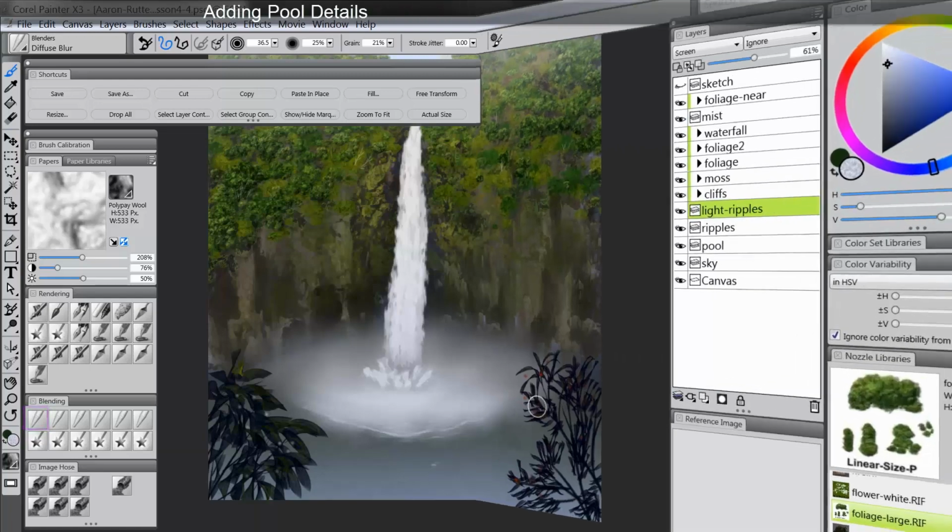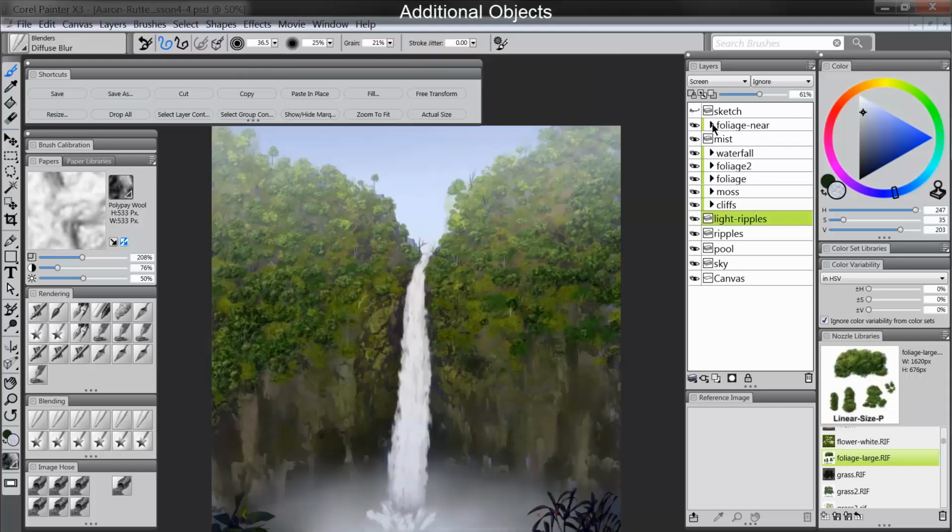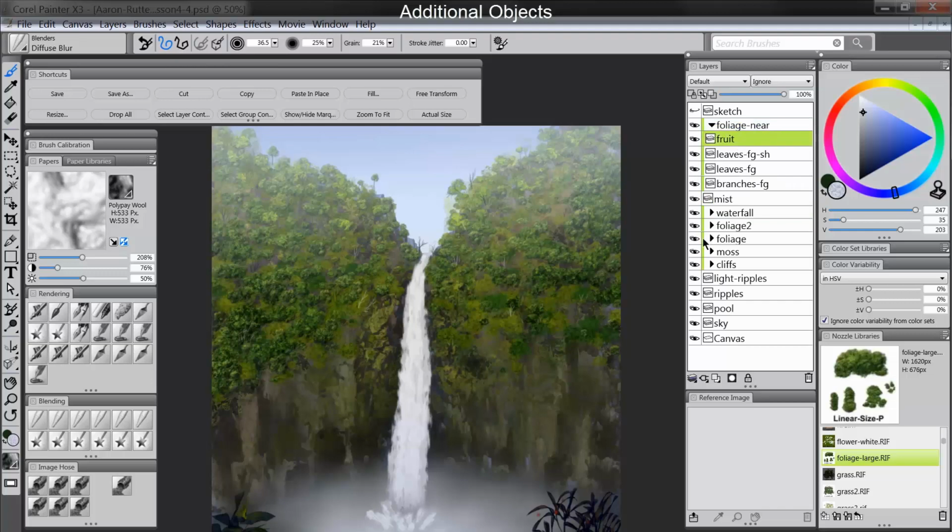Now at this point, I'll leave it up to you to decide if you want to add any additional objects to your painting. You'll want to, of course, add them on new layers. You can consider adding more fruit and flowers to your trees to give it some additional color. So for instance, we could go back to the foliage group, go back to the fruit, and if you wanted to, you could put in a couple more spots here and there in the background of some lighter colors by